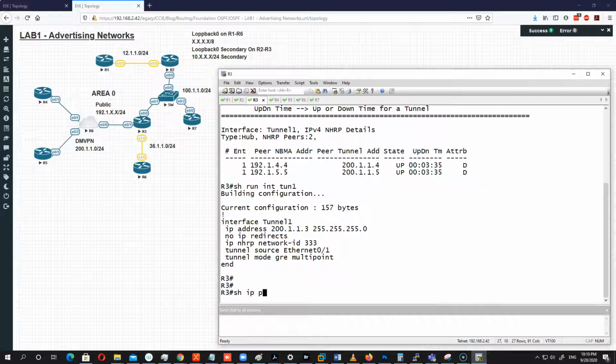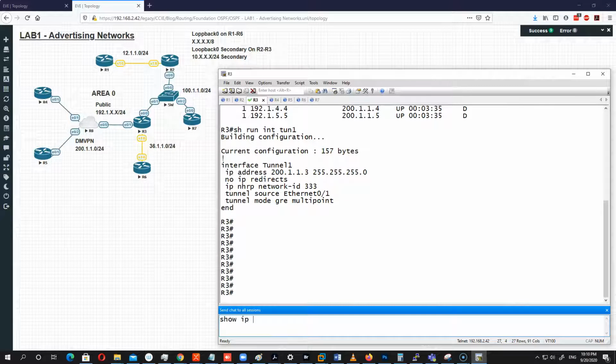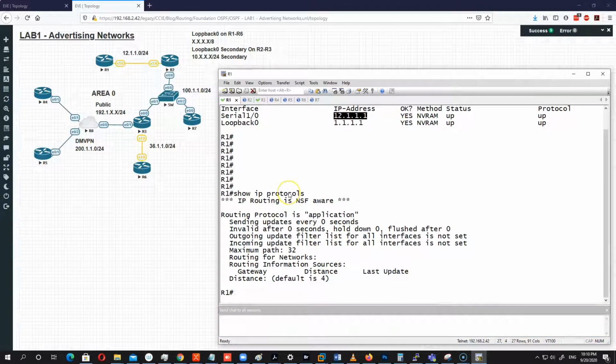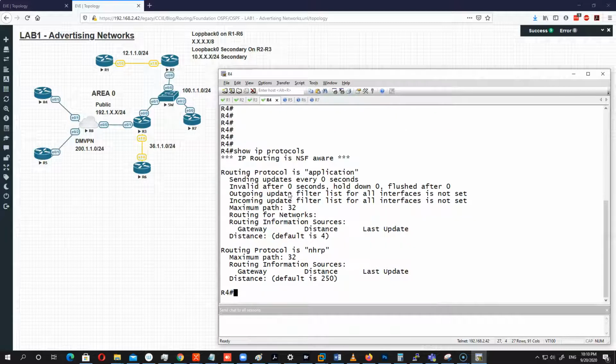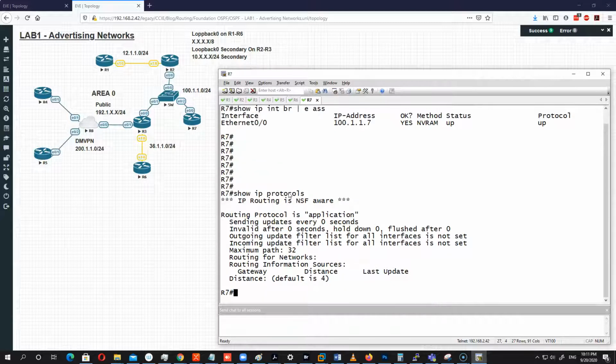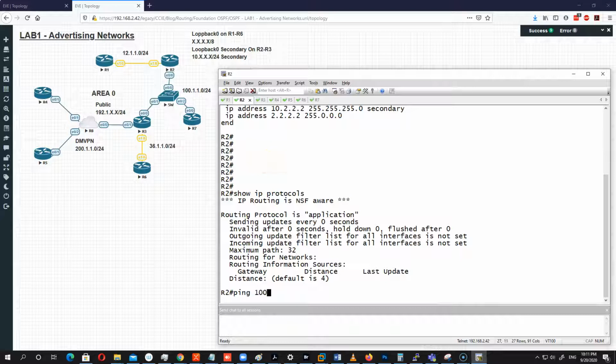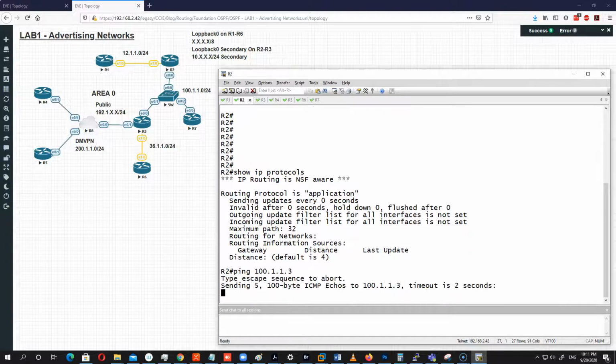And before I do that, let's do that on each and every router, so that again we will make sure. If we do show ip protocols, we will see that I'm not running any protocol other than NHRP on any of the routers. So router 1 isn't even running that, and if you look at all the routers, I am not running any protocol whatsoever. The thing we will try to verify first is that from router 1 I should be able to ping router 2, from router 2 I should be able to ping 3 and 7,